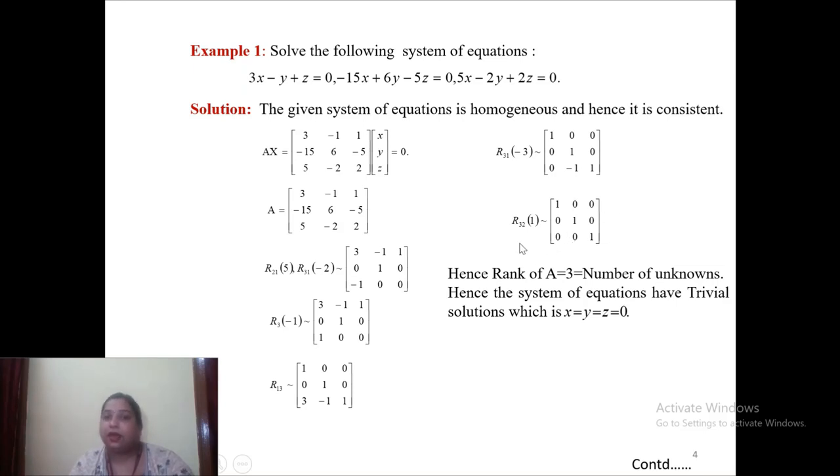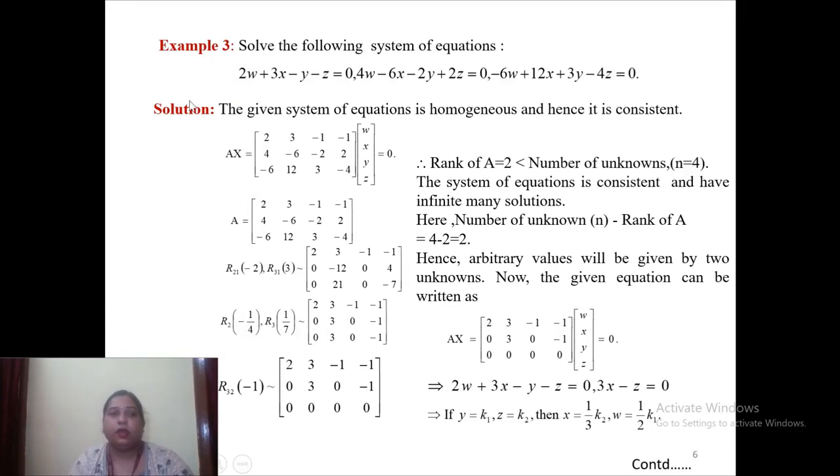It means the rank of matrix A, this coefficient matrix, is equal to the number of unknowns, and the number of unknowns, you can see, there are three: x, y and z. So the rank of A is equal to the number of unknowns. It means the system will have a trivial solution. The system is consistent and has a trivial solution, and the value of x, y, z is